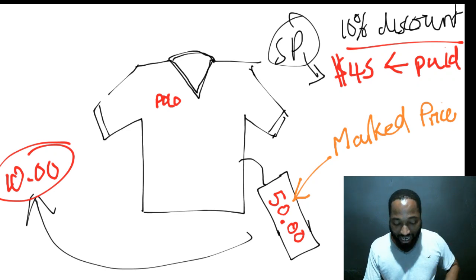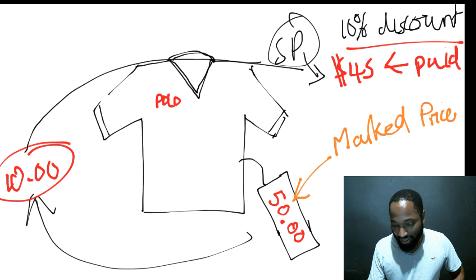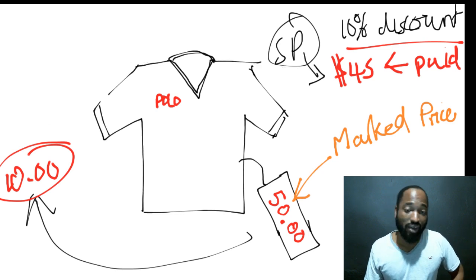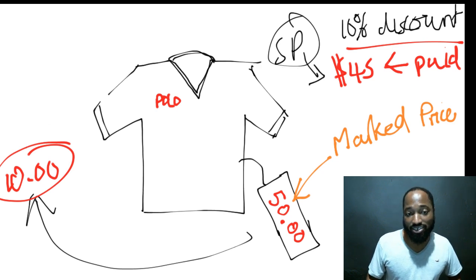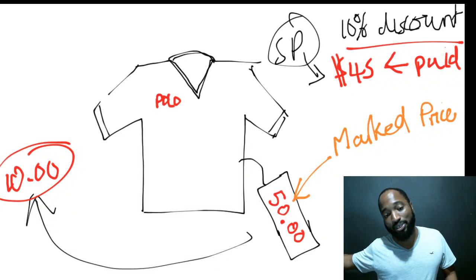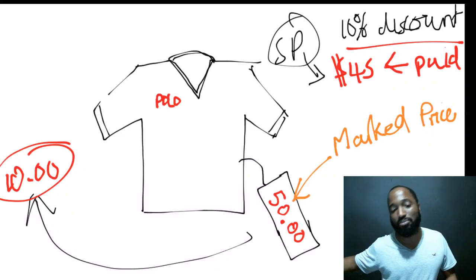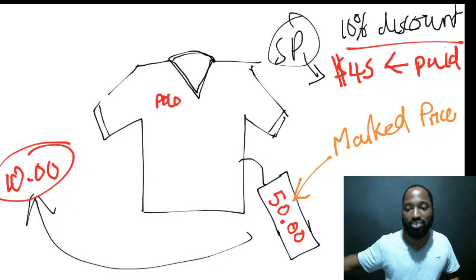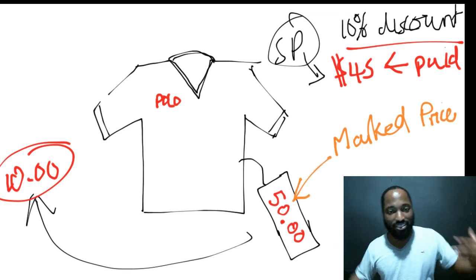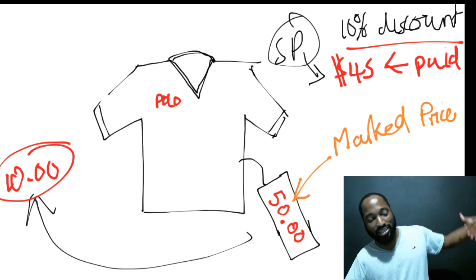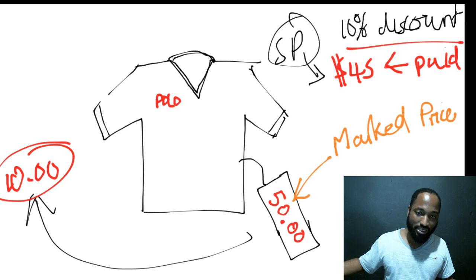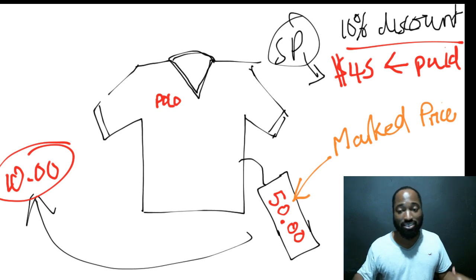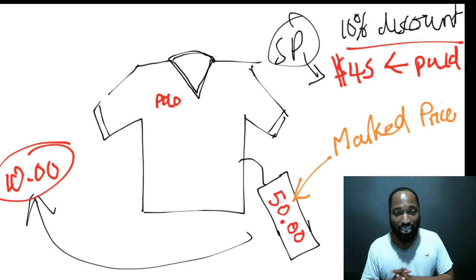So now you can see that they're making a clean profit of $35, because they buy it for $10, put it up on the rack and say that it's $50, but you really sell it for $45. So the profit is the difference between your selling price and your cost price, not the mark price. Now you see that little simple explanation that I make there?